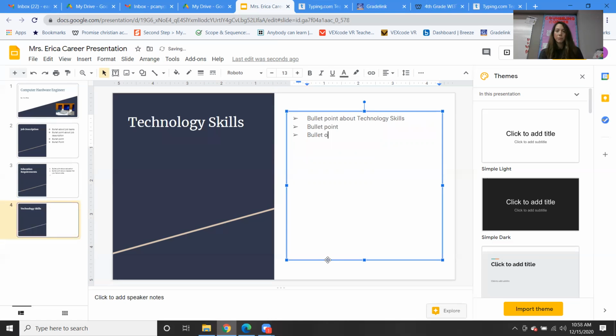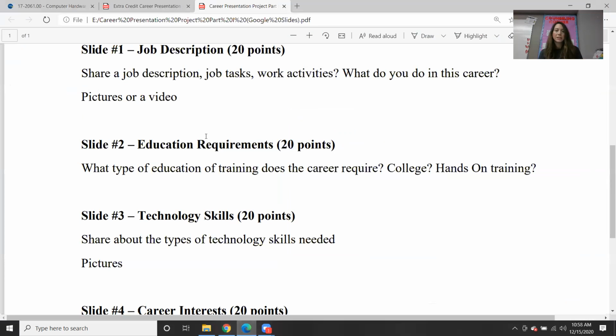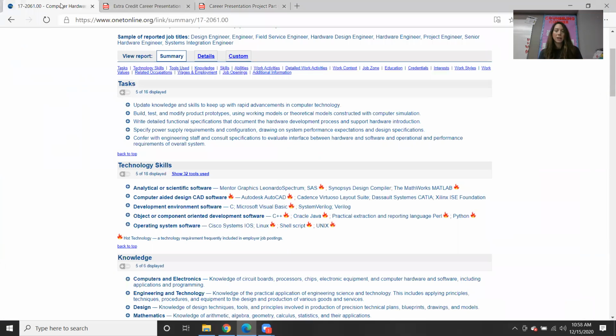I'm just typing bullet point just to give you guys an idea that you're adding about 3 to 5. And again, you're going to get all of this information off of the ONET website. So everything is on here. If you go to ONET, you'll be able to see here's technology skills. So you could easily just go and take a few of these and add them into your presentation.